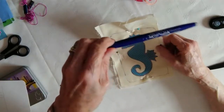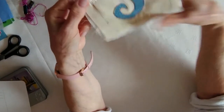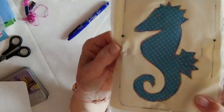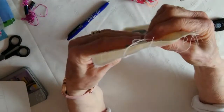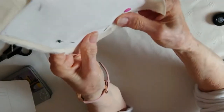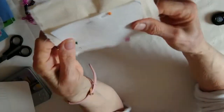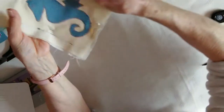with a friction pen. Then I've put a pin on the line in each section of the rectangle so that I can see the pin on the back here. Then I've put another pin here to hold the violin in one place. So now I can take these pins out